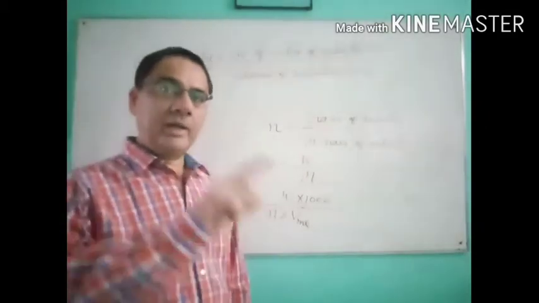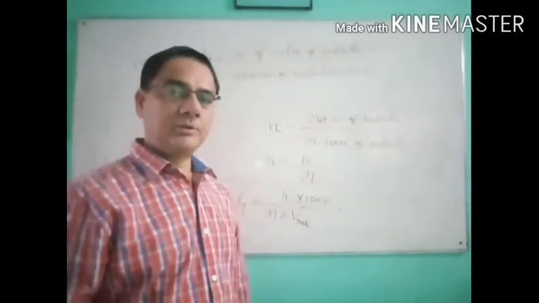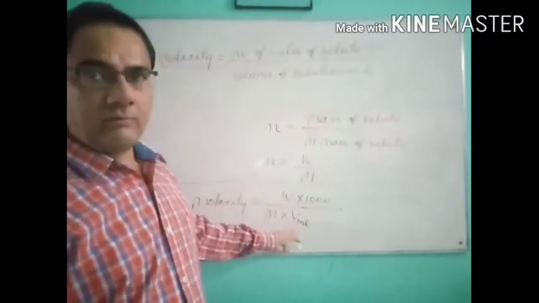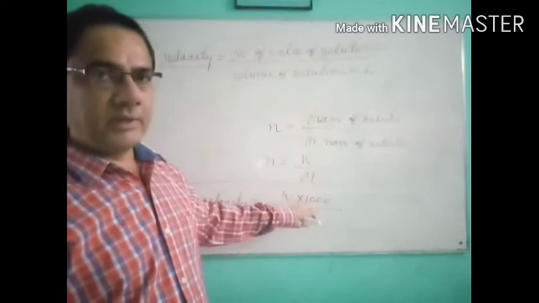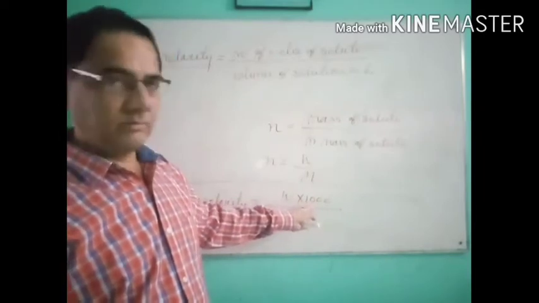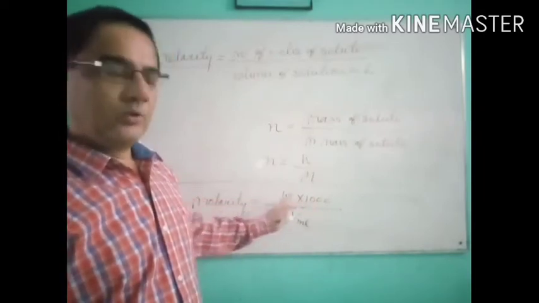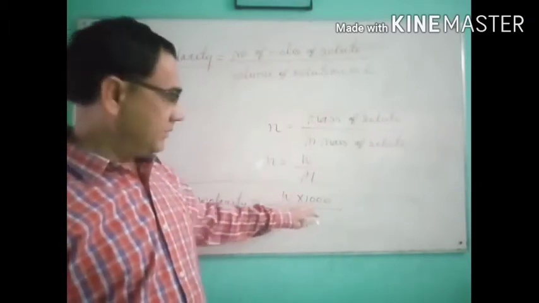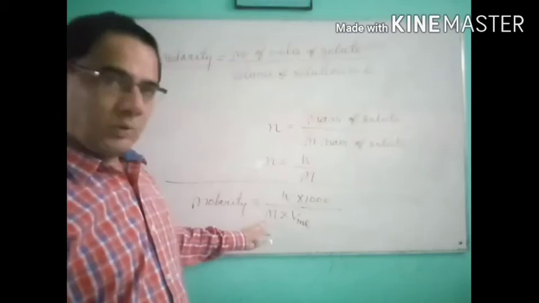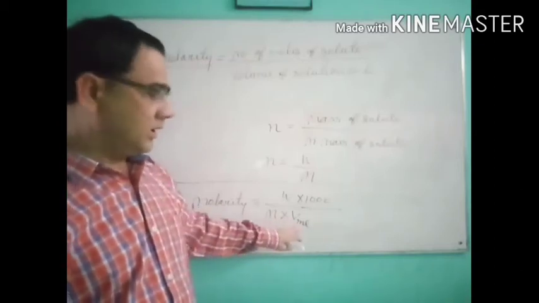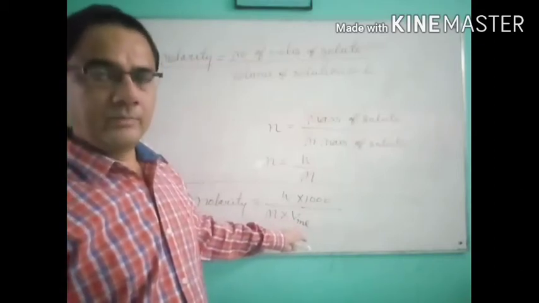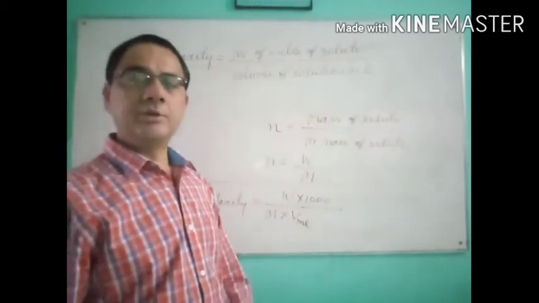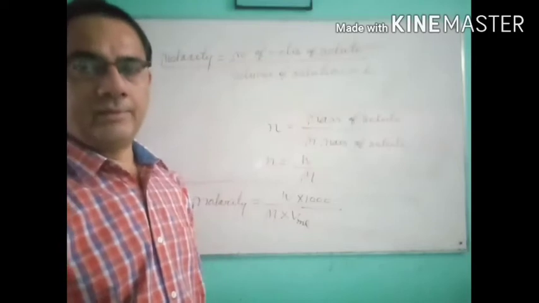So either you convert ml into liter first in the question answer, otherwise you use your volume in ml and upside as a numerator multiply by 1000. So overall formula, molarity is equal to mass of the solute multiply by 1000 upon molar mass of the solute multiply by volume in ml. So this is the fourth way to calculate the concentration of the solution, and that is molarity.